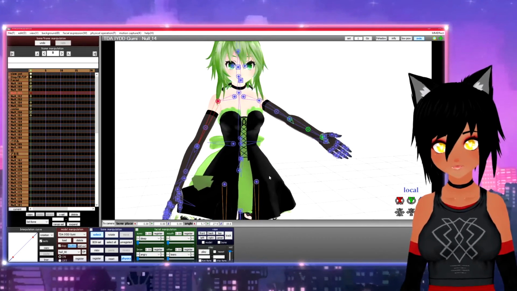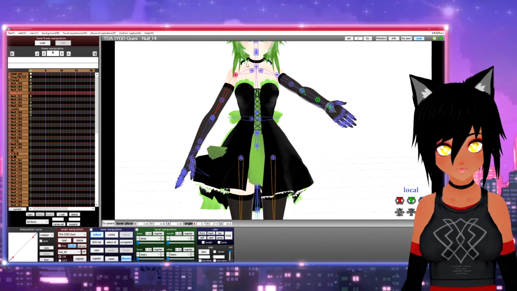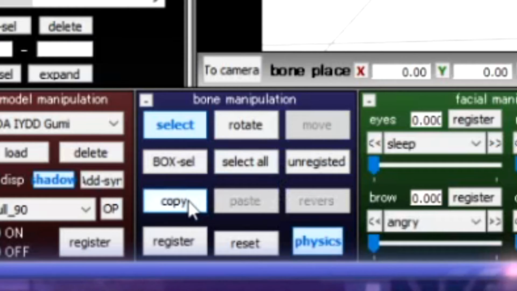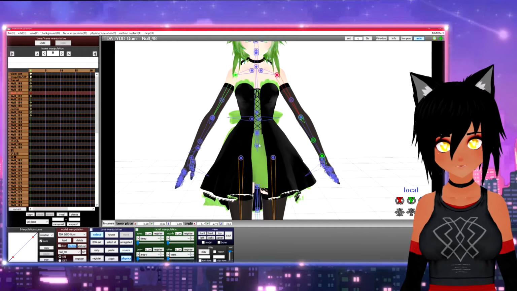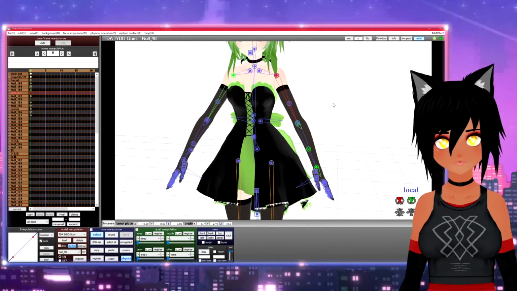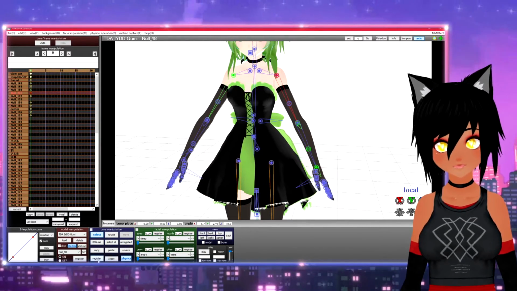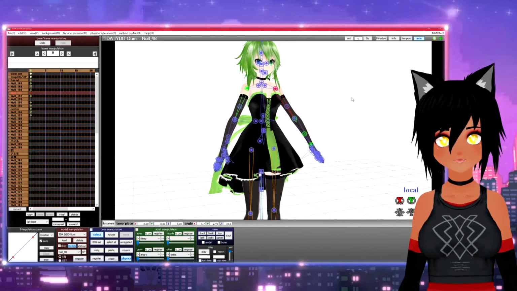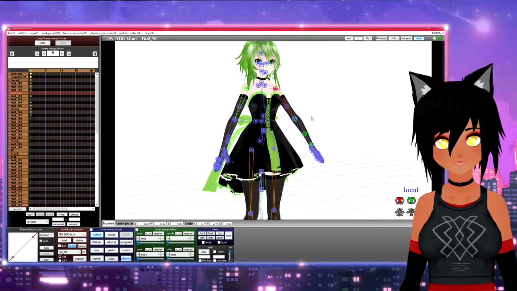Well, no worries, my friend, because with this bone still selected, with that perfection, you can come down here and click copy. Now you can come over here and click reverse. And you click that, and boom, it automatically mirrors it onto this arm. But you have to remember to register that one too. And boom, look at that. Now you got two perfect arms for the price of one.